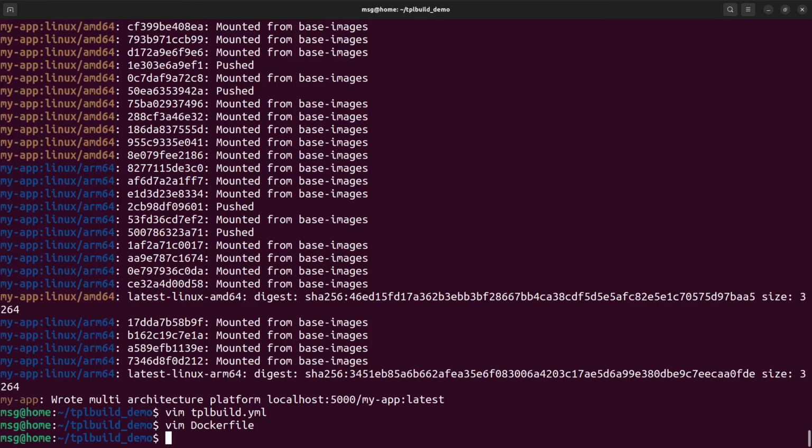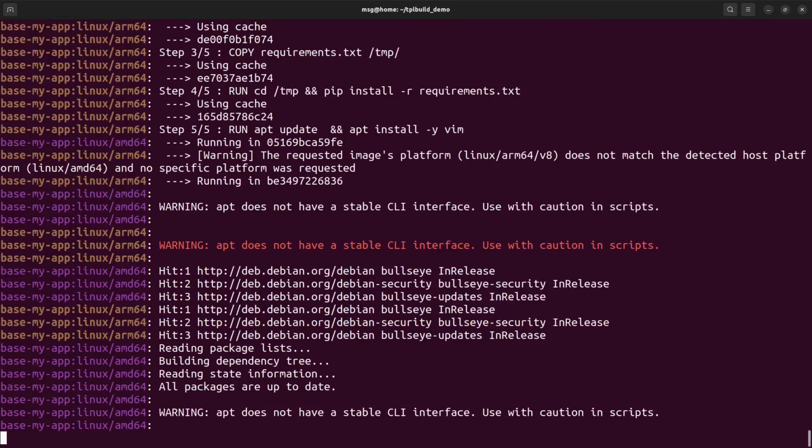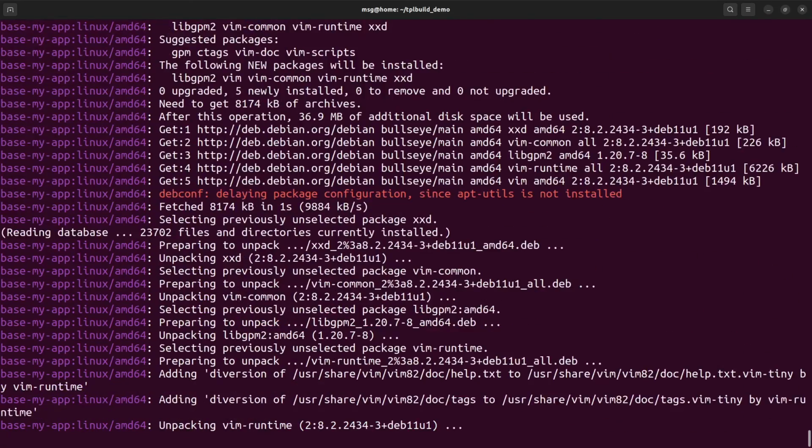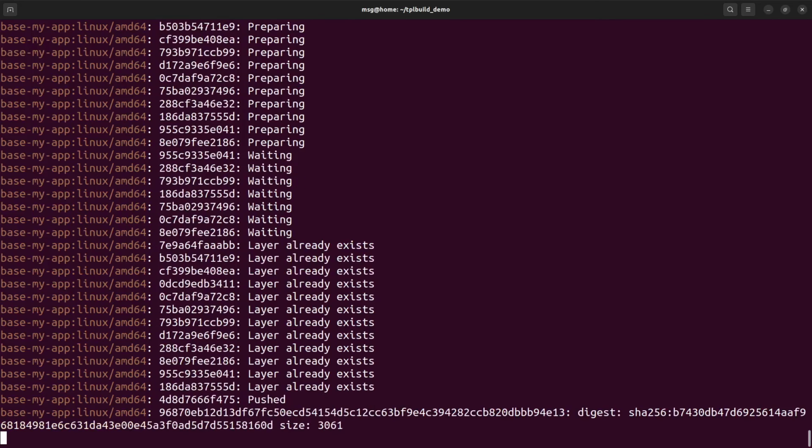Since we've made changes to our base images, we'll want to rerun the base build subcommand. There are now 4 different base images we're going to create, one for each combination of platform and profile. Template Build is smart enough to combine work that is shared between each of these builds. In this case, however, it recognizes that it has already built an image that's identical to the release image and is only building the dev images.